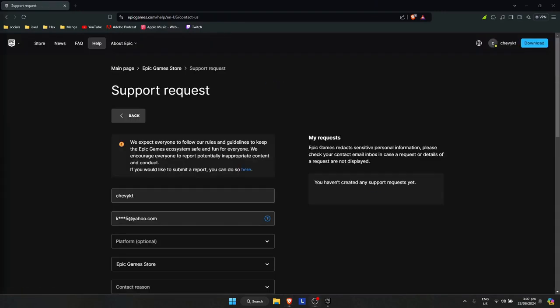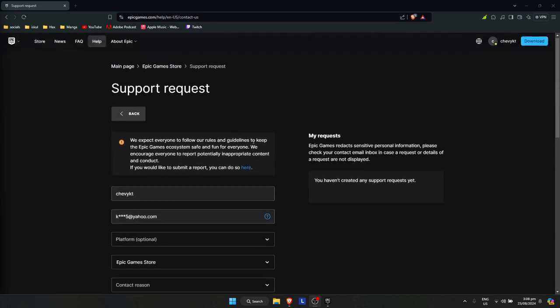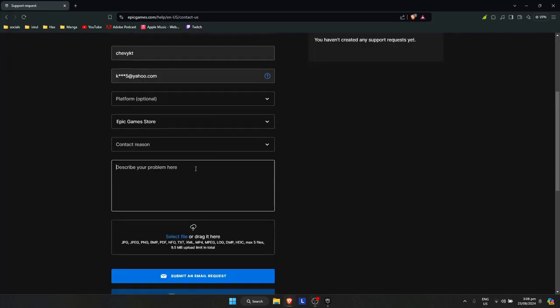And what you could only do in Epic Games Launcher is just organize it to hide other games, and you can really remove it permanently. And if you want to remove it permanently, you just need to go to support request right here and describe the problem. Let's say I want to permanently remove